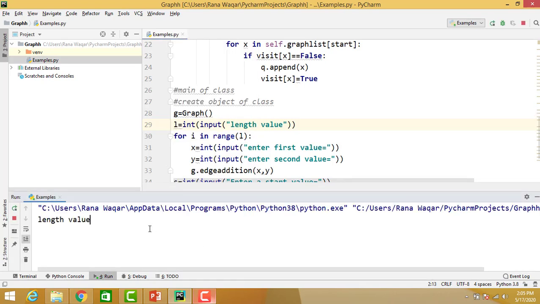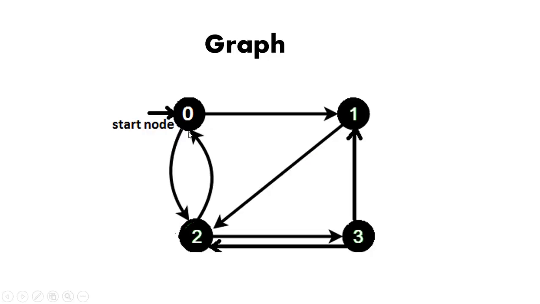Length value, total number of edges of the graph: 0 to 1, 0 to 2 and 2 to 0, 1 to 2 and 2 to 3 and 3 to 2 or 3 to 1.